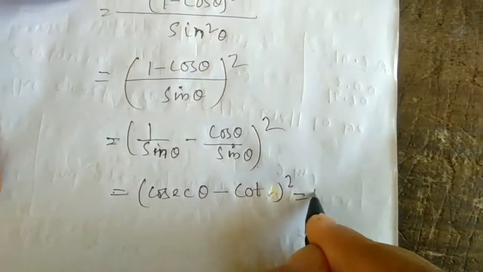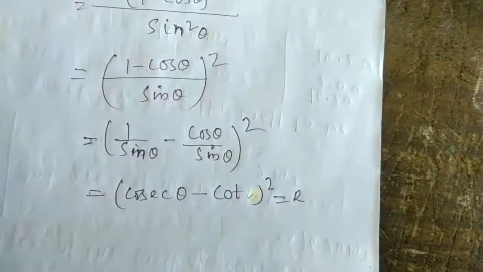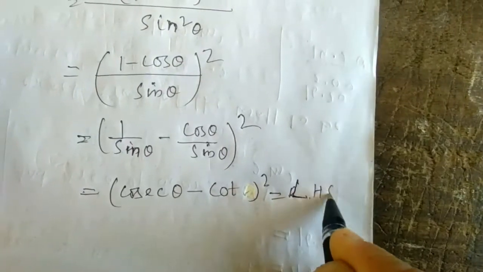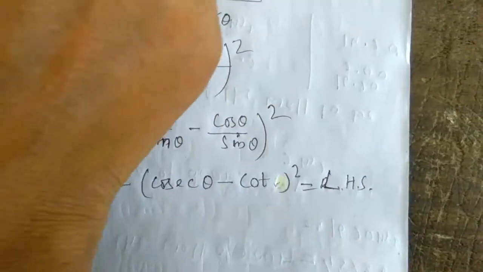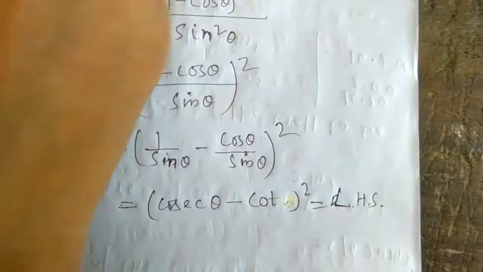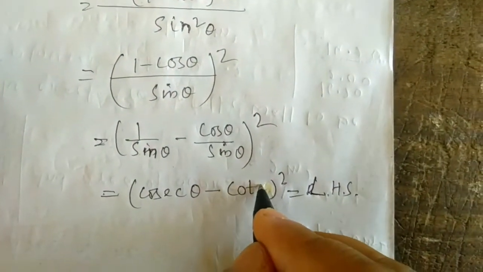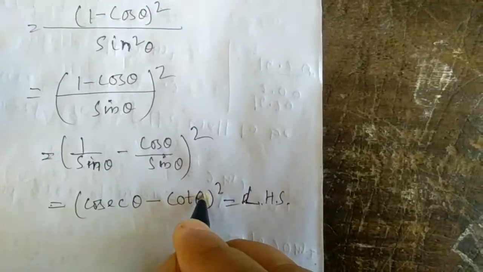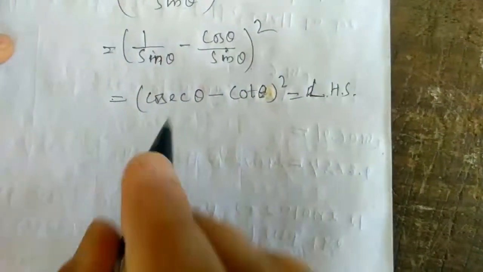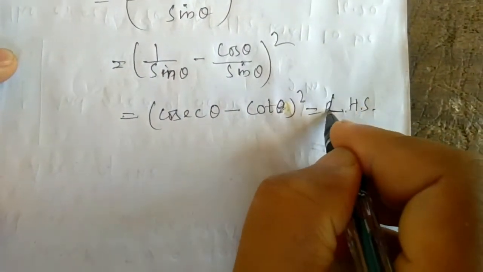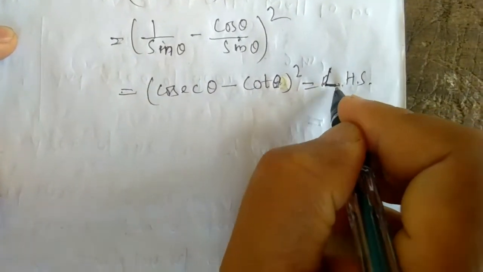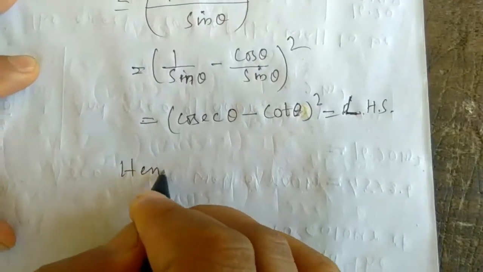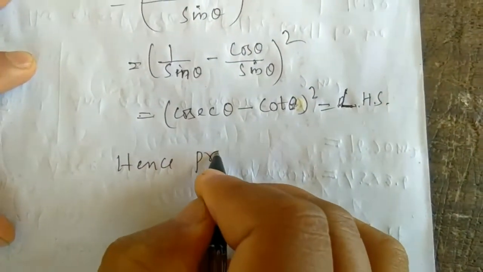So it is equal to right hand, sorry, not right hand side, sorry, it is equal to left hand side. We have proof from right hand side, no? So it is equal to left hand side. See this one. Okay, so this will be your cot theta equal to right hand side, no, sorry, again mistaken, not right hand side, left hand side, equal to left hand side. Hence proved.